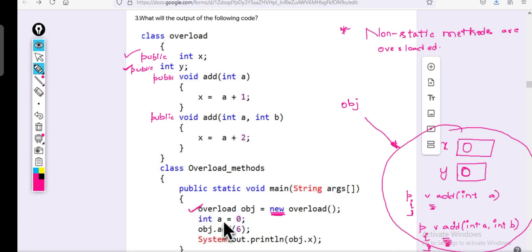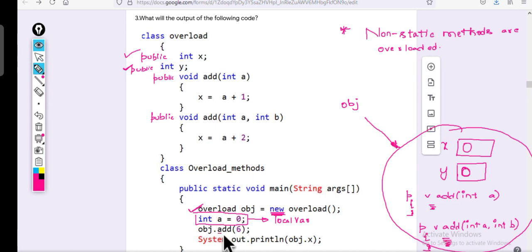Obj. Line 1 executed: int a is equal to 0. A variable created inside a method is a local variable. Local variable a. Obj dot add 6.